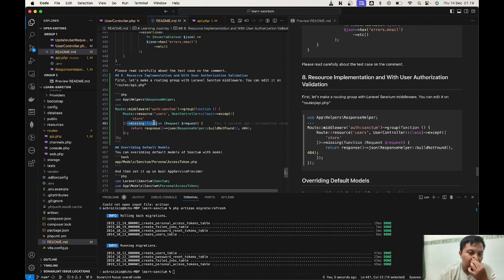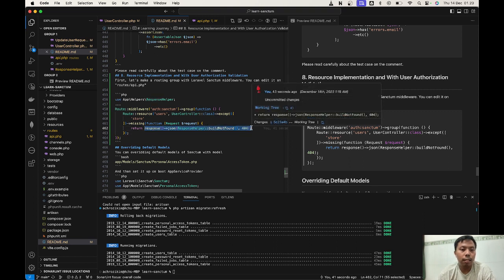Missing means when we cannot find our data, the routing is going to create a response. The normal routing creates an error response because it cannot find the data. But I want to standardize our output with the response builder, so I created a missing function. So if there is missing data from route model binding, it will respond with JSON like this.